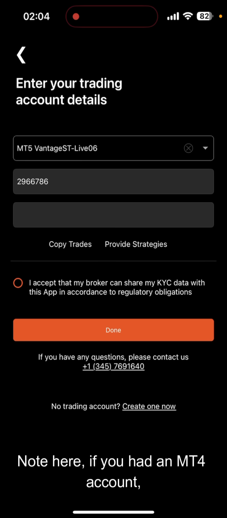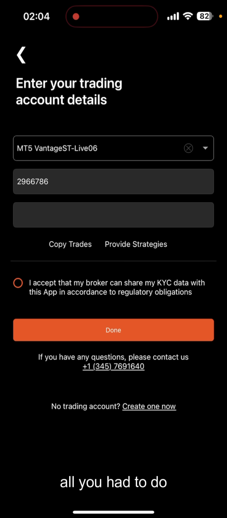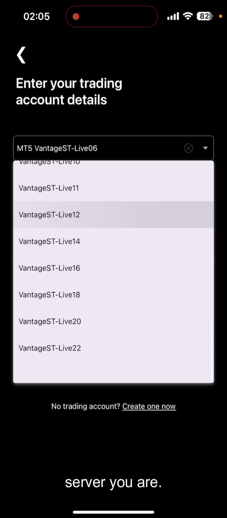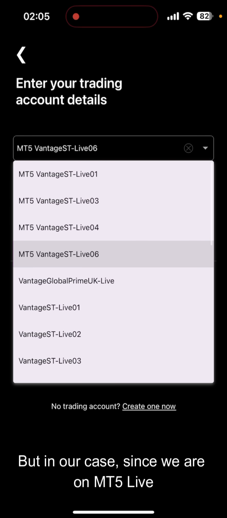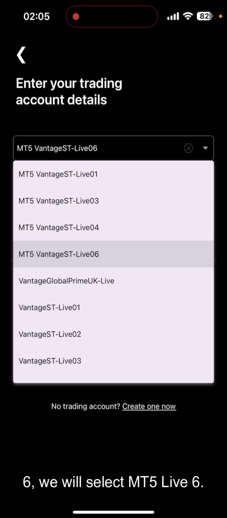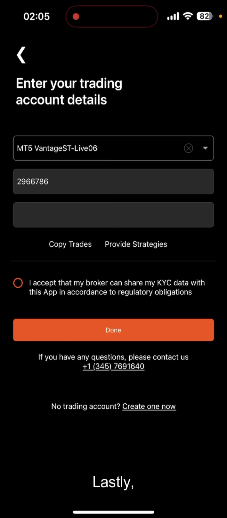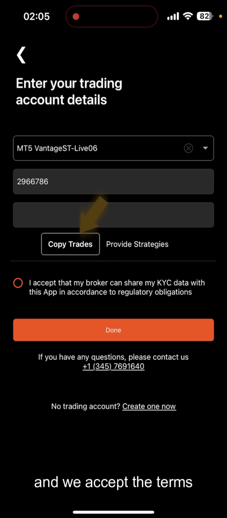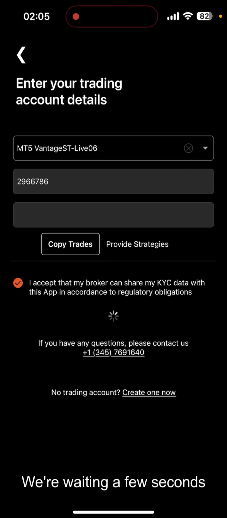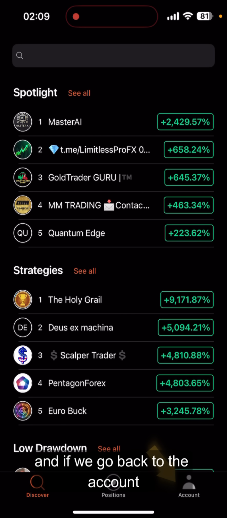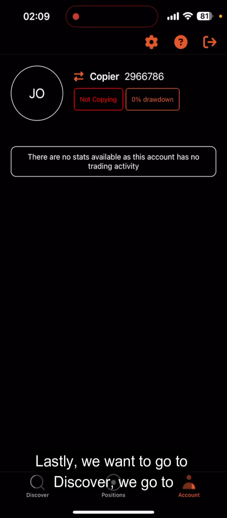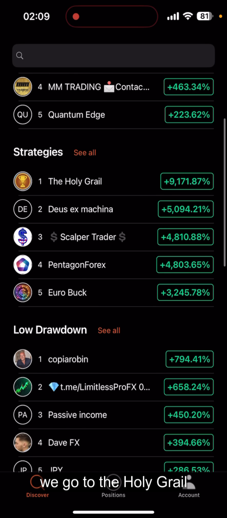Note here, if you had an MT4 account, all you had to do was select from those servers based on which server you are. But in our case, since we are on MT5 Live 6, we will select MT5 Live 6. Lastly, since we want to copy trades, we click this and we accept the terms and hitting done. We're waiting a few seconds, and if we go back to the account, we can see that the account is connected. Lastly, we want to go to Discover, we go to Strategies, we go to the Holy Grail,